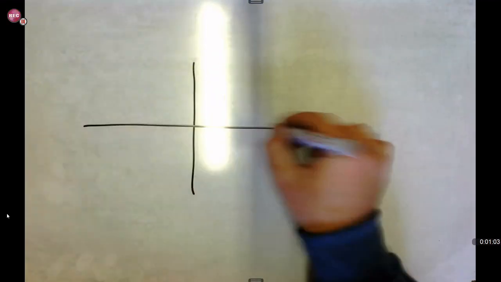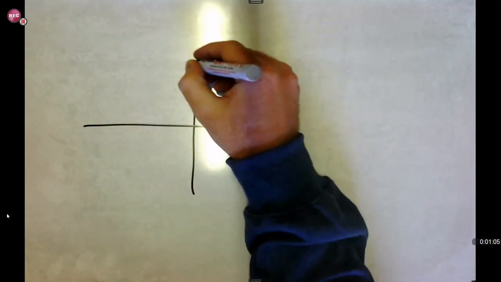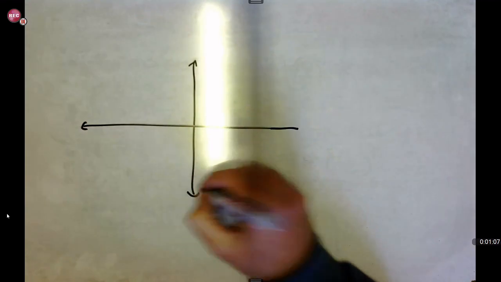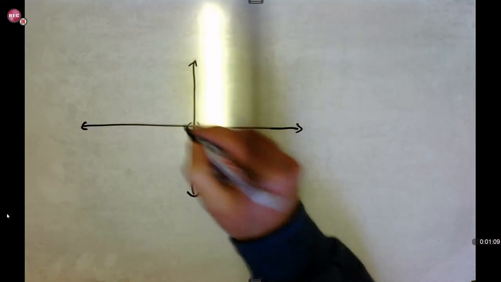First of all, we'll start with the Cartesian plane. I'll explain to you where the quadrants are, as well as how the Cartesian plane works with regards to trigonometry. Okay, so first of all, we'll draw the Cartesian plane. You don't have to add all the numbers in and all of that. You just need to know that this is the origin.